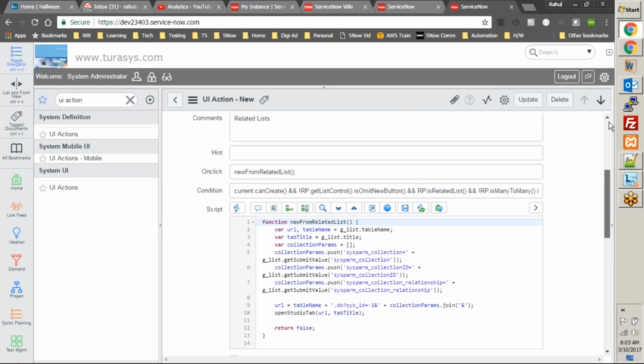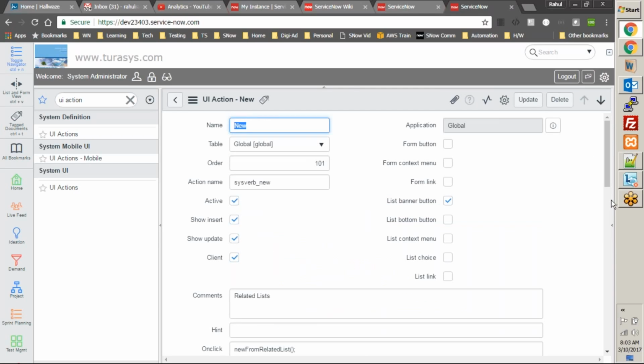So let's see the description of it, what it is doing actually. This is a list banner button applicable on the global table. Order for this UI action is 101 and the action name, so this action name is actually